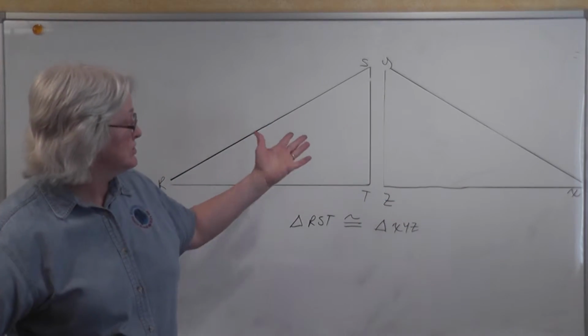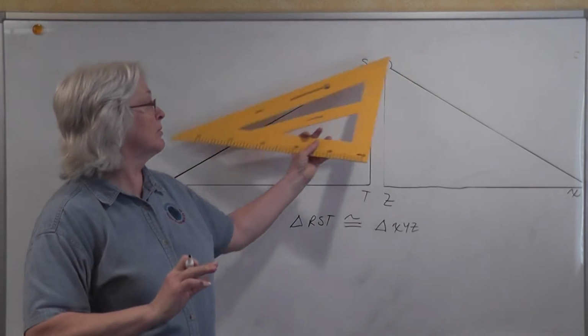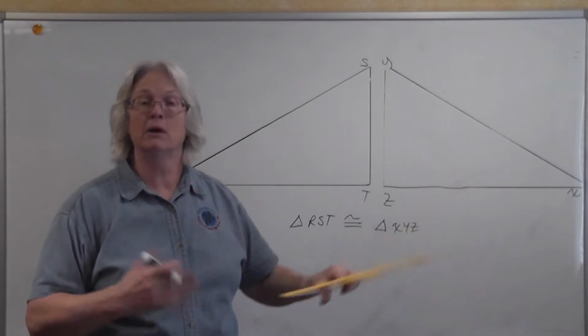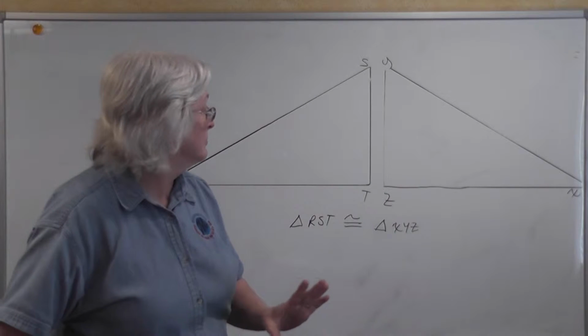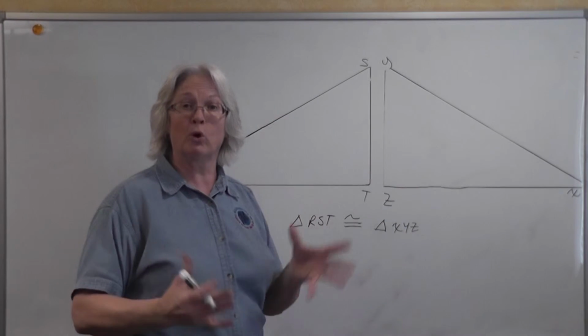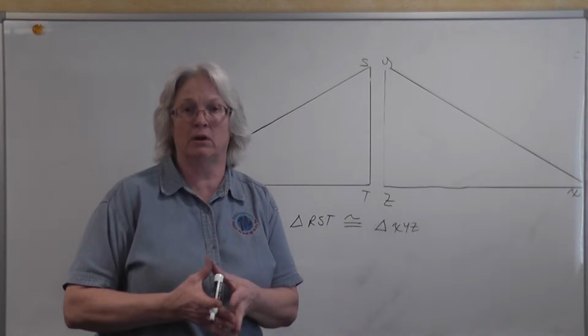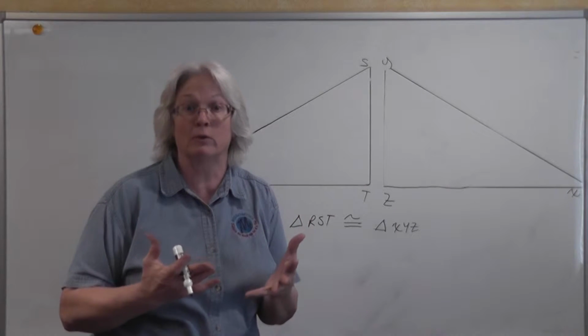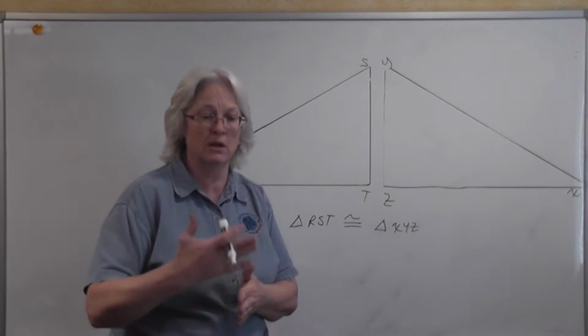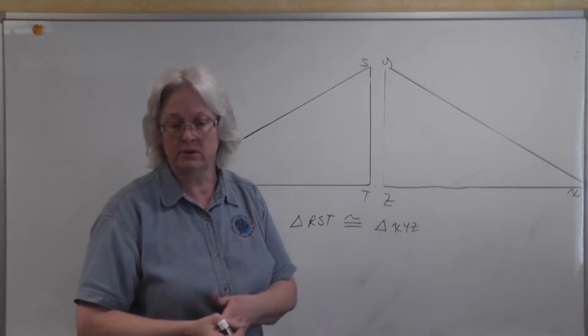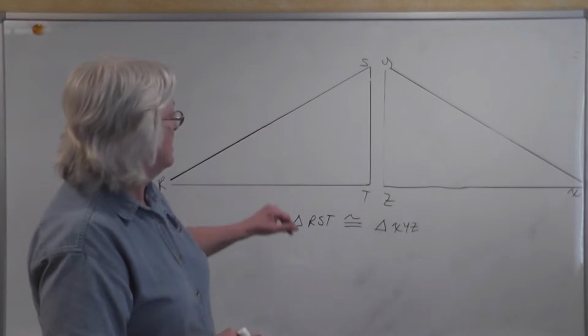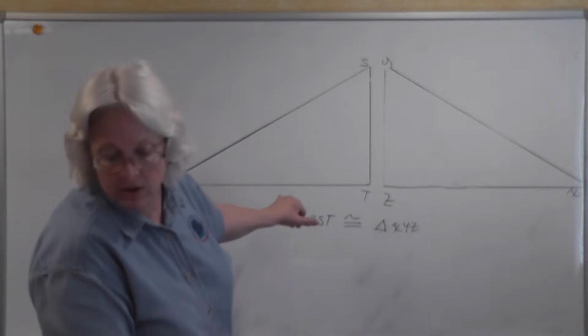The orientation is different. These are what they call mirror images of one another. That's the orientation. The orientation does not have to be the same. Matter of fact, when you're working with congruent triangles, the orientation is basically never going to be the same, except when they force it to be the same because they want to teach you. So, if these two triangles are congruent,